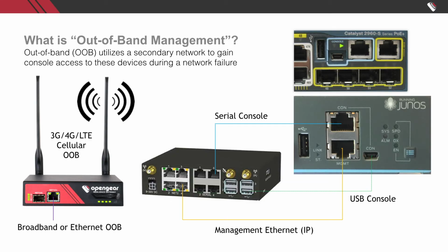So what does it look like? Well, I've got a picture here of a very small ACM. It's one of our entry-level products. The front of the box where it says broadband and Ethernet out of band. You've got a broadband or Ethernet port, and that can either be a fiber port, which is the little hole on the left-hand side, or just the standard Cat5, Cat6 cable, the 1